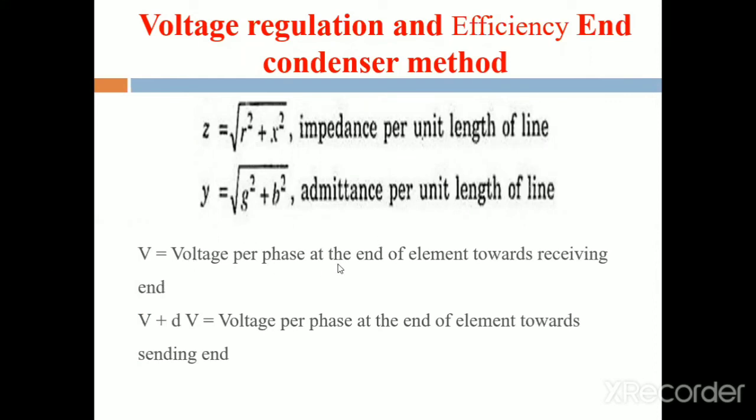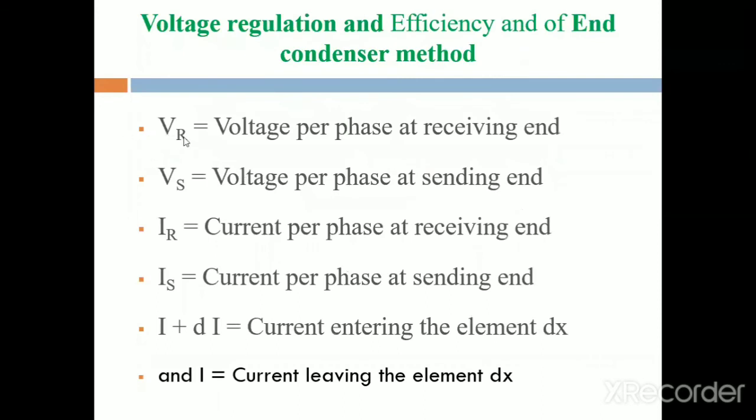Where V is the voltage per phase at the end of the element towards the receiving end. V plus dV is the voltage per phase at the end of the element towards the sending end. VR is the voltage per phase at the receiving end and VS is the voltage per phase